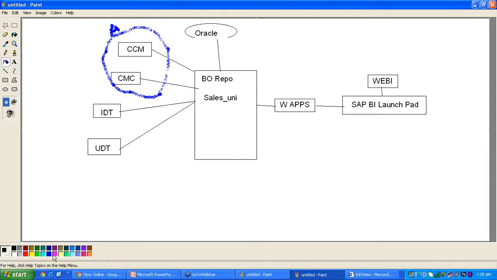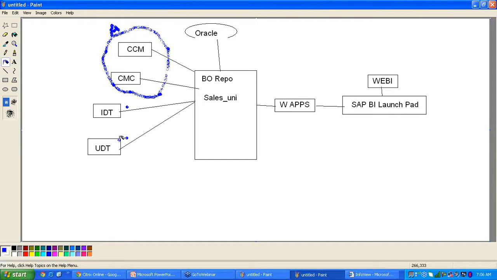We don't have IDT in 3.1. UDT is nothing but the older version, the designer tool available in 3.1.